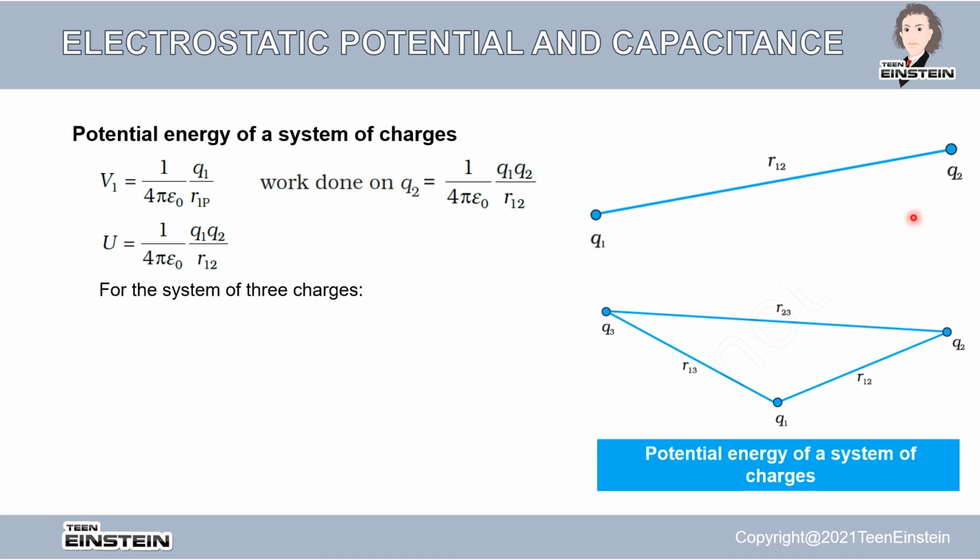Now I already assembled 2 charges and I have the potential energy of this much. So this much is the work done in assembling the 2 charges. Now what if I bring another third charge? What happens? So first, when I bring the second charge,